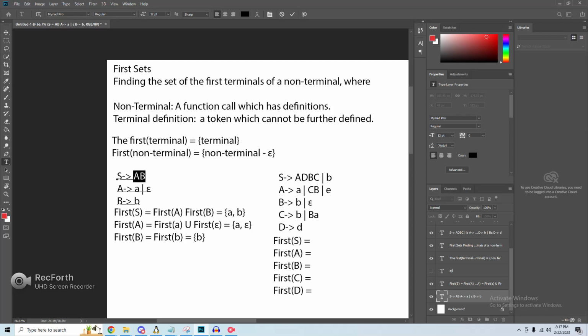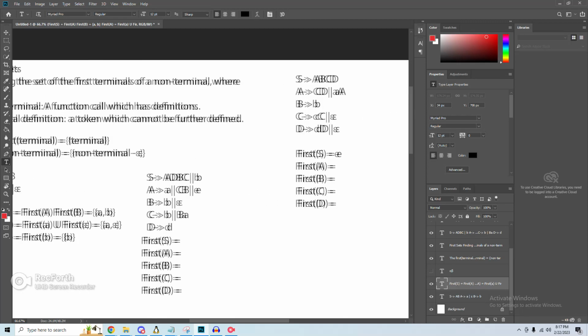So S would be able to derive epsilon if A derived epsilon and B derived epsilon. Because B does not derive epsilon, epsilon is not a possible pathway for S, and it is not included in the first set. Moving on to this second example, starting at the bottom,